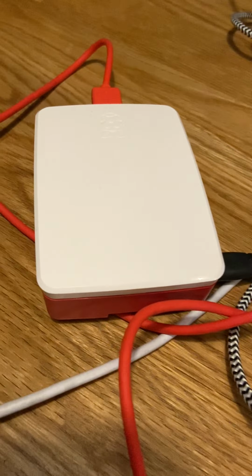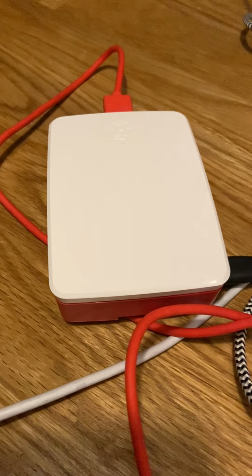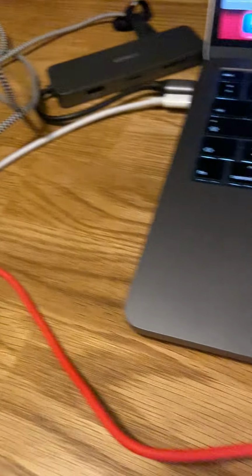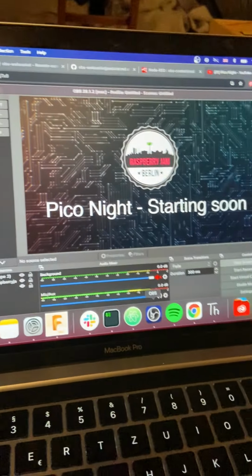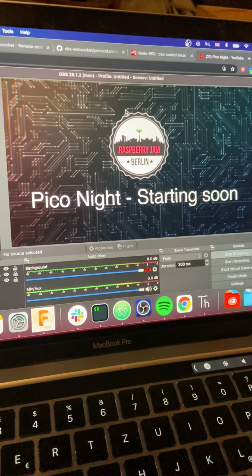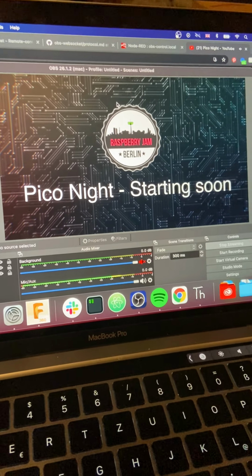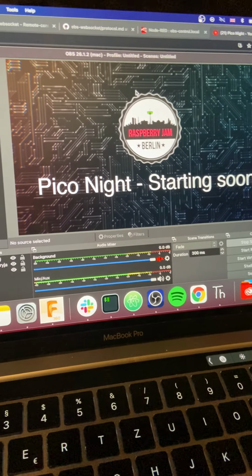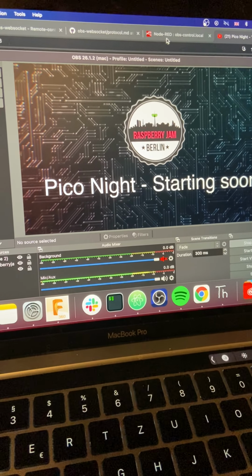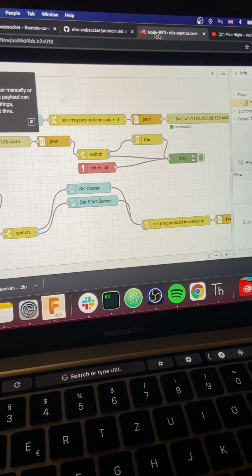So what I've done is, if we follow the cable up to this, is the Raspberry Pi 4. It doesn't need to be the Raspberry Pi 4. It could be quite a few Raspberry Pis. It could be a Raspberry Pi 3. Just something with Wi-Fi, or even if it's wired connected, it's okay. And I wanted to use Node Red